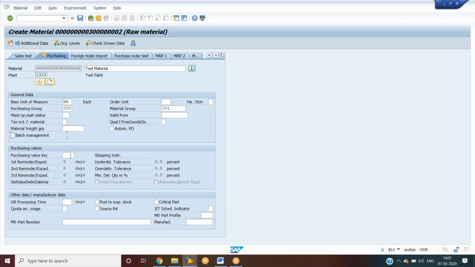Okay, purchasing value key: if you are maintaining this purchasing value key, we are giving the reminders to the buyer. Okay, GR processing time. So GR processing time will define the time it will take for the inspection of the stock. Let me maintain it as 3. And post to inspection stock, we have two types of